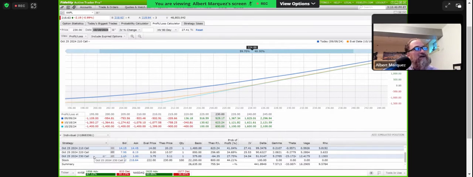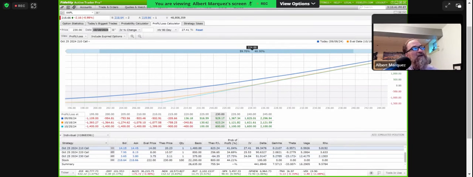Keep in mind, if you set a target, don't forget, you have to make sure that you could offset the break-even point, right? So if you're buying an option you think it's going to 230, you're buying a 225, and you have to pay, let's say $4 for it. You have to get to 229 just to start making money, right? 229 to break even, above that to actually start making money. So these are the kind of things that go into the thought process of strike selection, expiration as well, right?